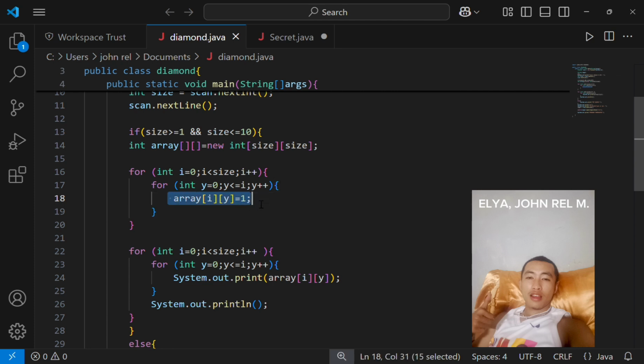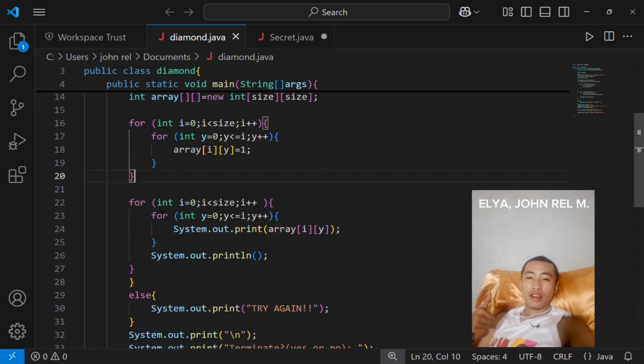This is the purpose of this. Then if the condition becomes false, it will go back to the outside for loop. That's how a for loop works.